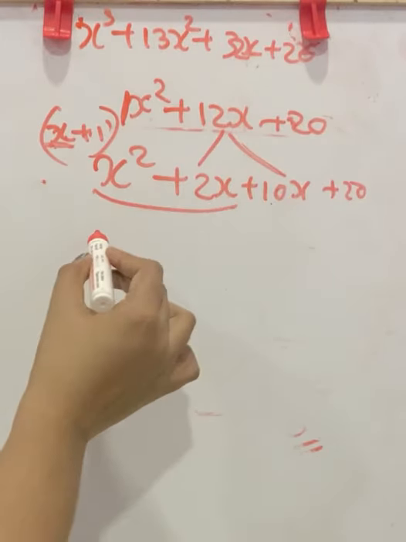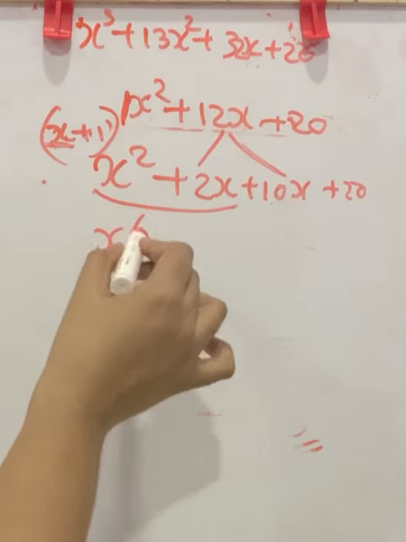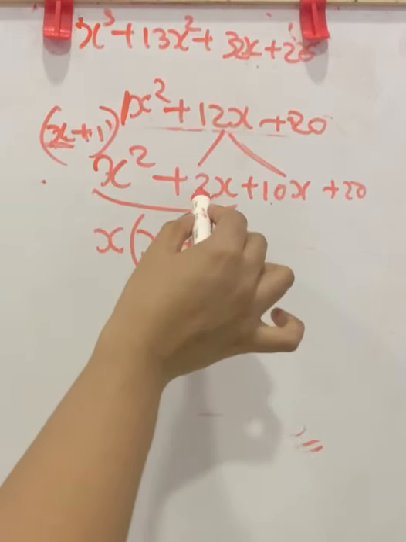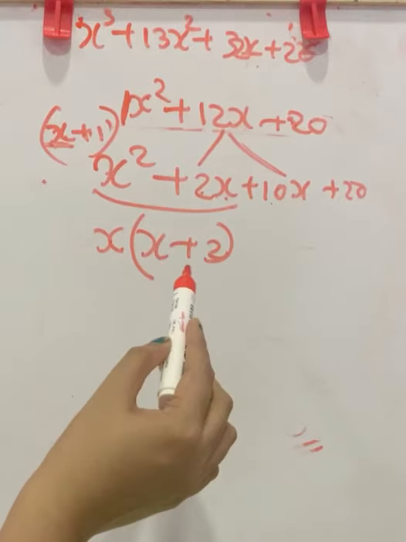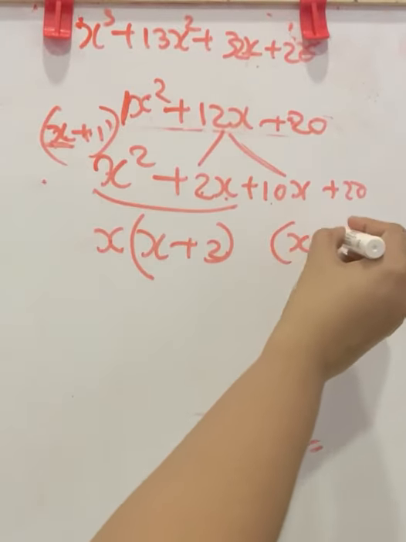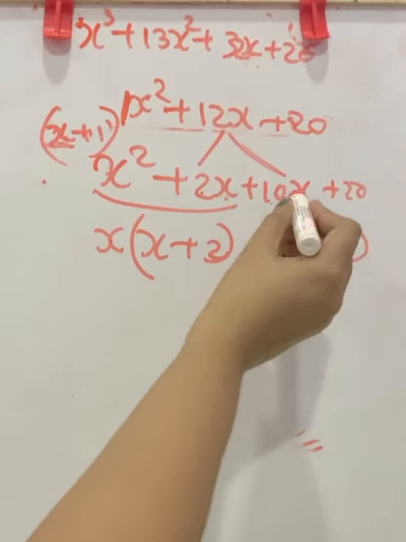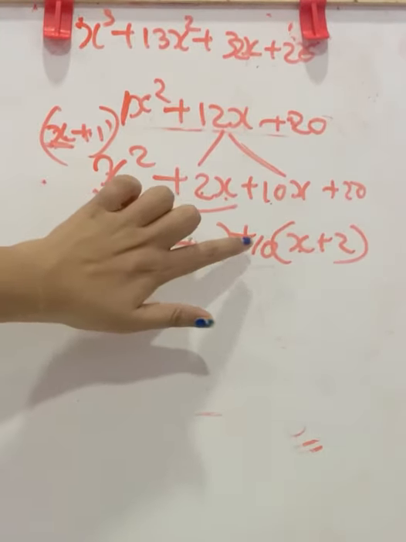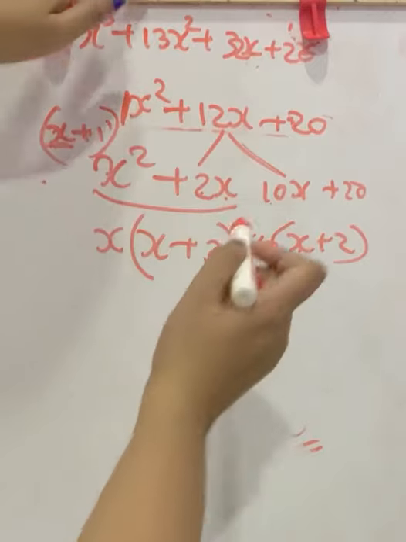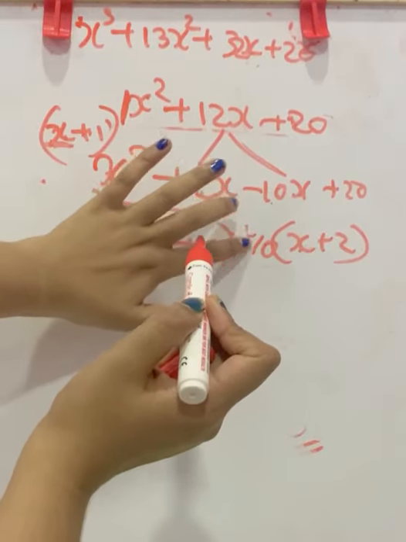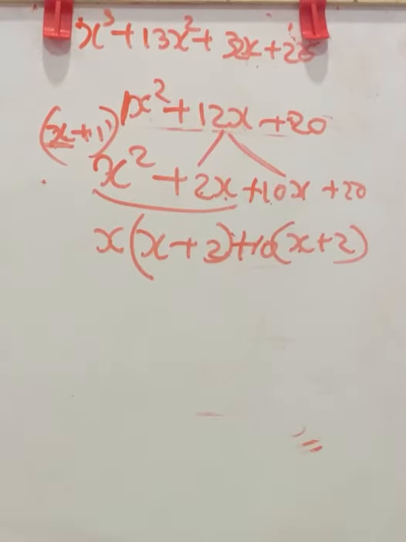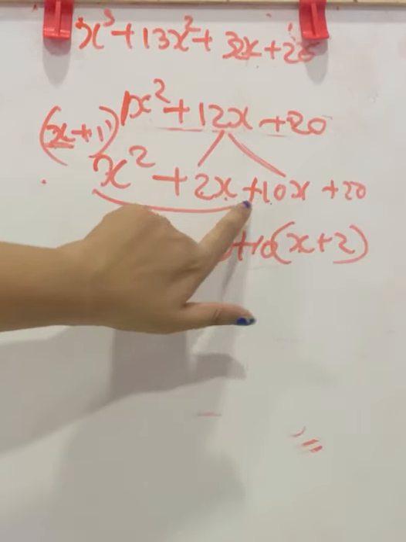Now first two terms, common term is x, taking x outside. Here will be x and here will be 2. Because in 2x, x is taken, so plus 2. Now first write x plus 2. Now check. Dash into x is 10x. That is plus 10. Don't forget to write the sign here. Because when it is negative, you have to write negative here and all. So be sure you are writing the sign along with this number. Dash into x is plus 10x.